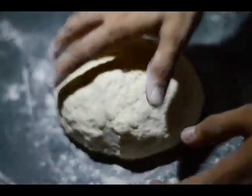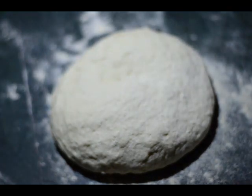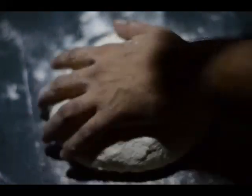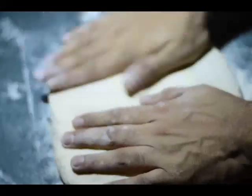And once we get that, we'll place a little dry all-purpose flour, tap it at the top to escape any of the air that is trapped inside, and then we'll try to get this into a square shape or maybe a rectangle shape. The reason we are doing this is because we can cut it nicely into equal pieces,